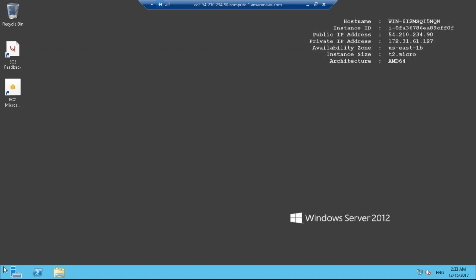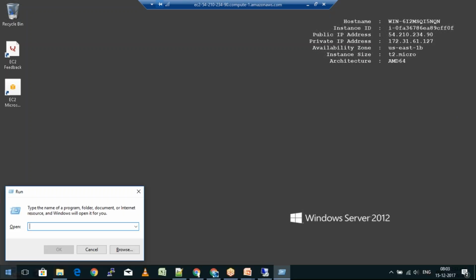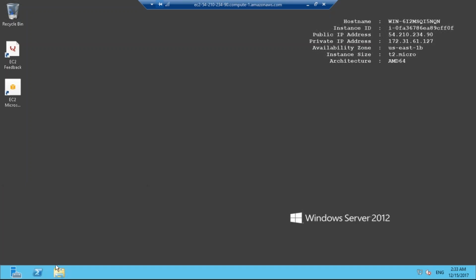Here we are unable to see the Windows button, neither am I able to open it up, because if I open it, it is my computer that comes up.